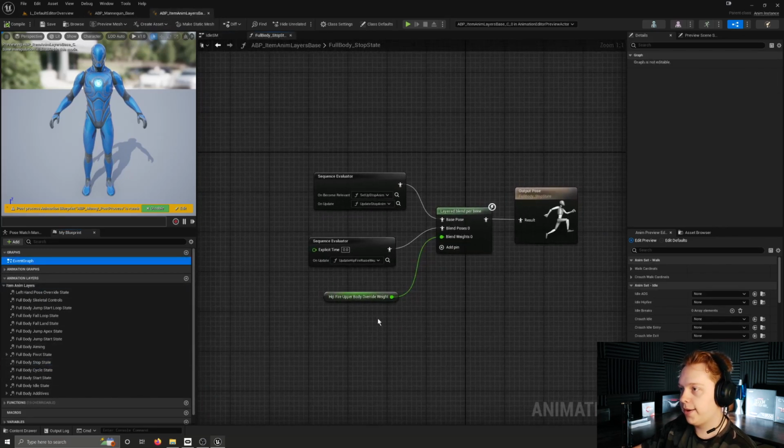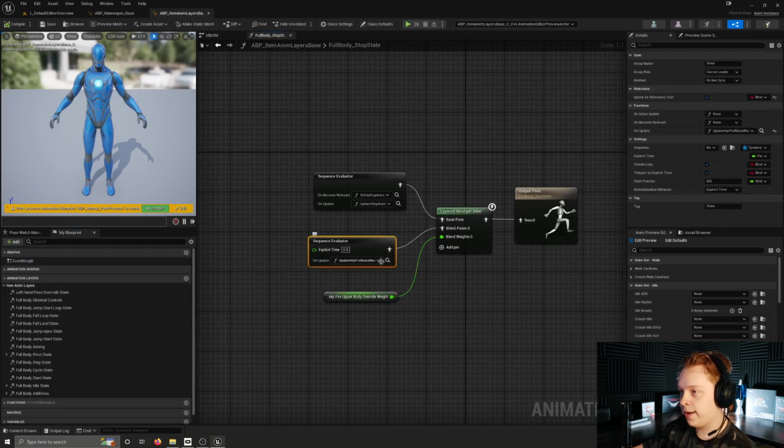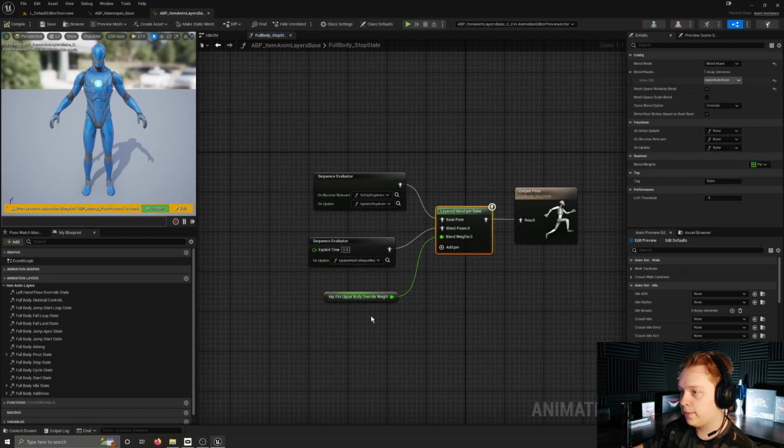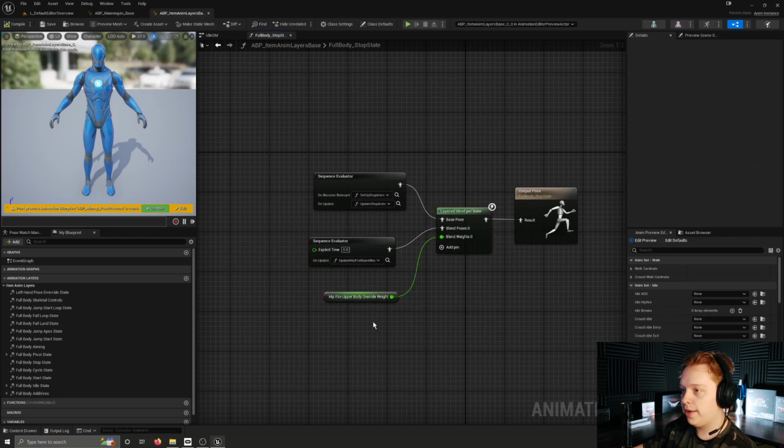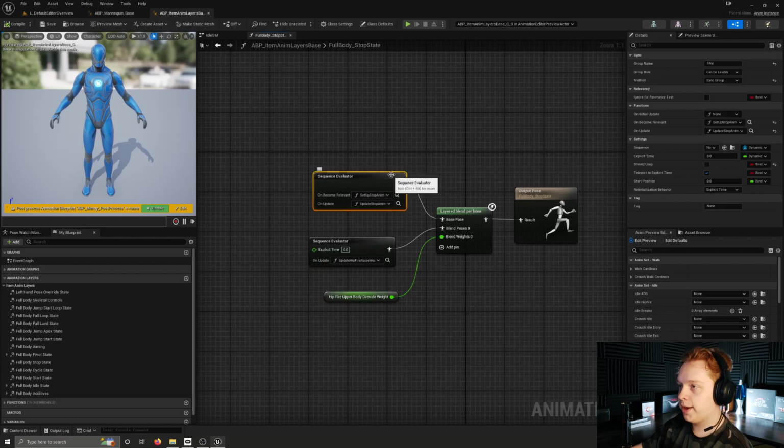All right, here it is. We have a sequence evaluator, two sequence evaluators, which is this hip fire, update hip fire, raise weapon pose. We'll come back to this, and we're blending these based on the hip fire upper body override weight. So I will come back to this after we look at the sequence evaluator with the setup stop anim and